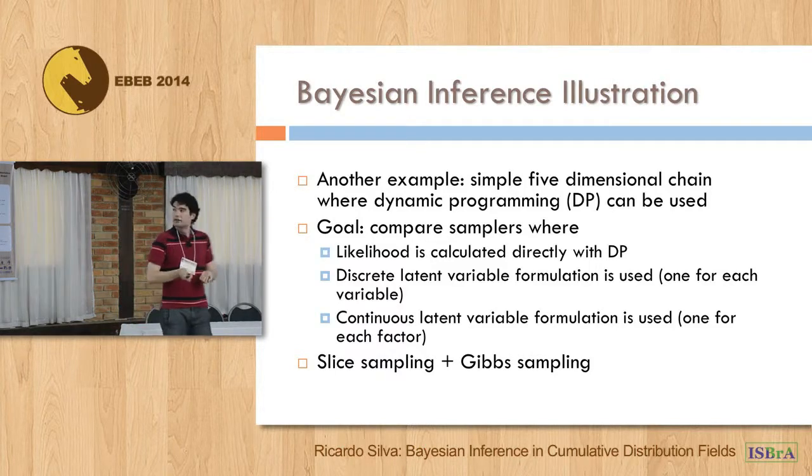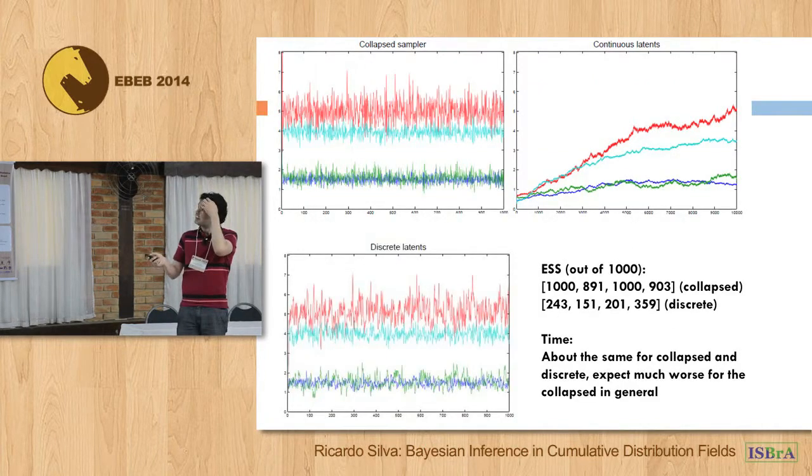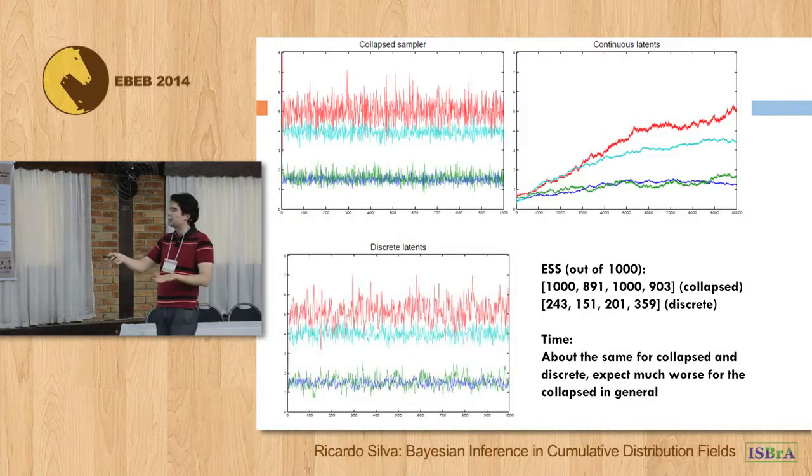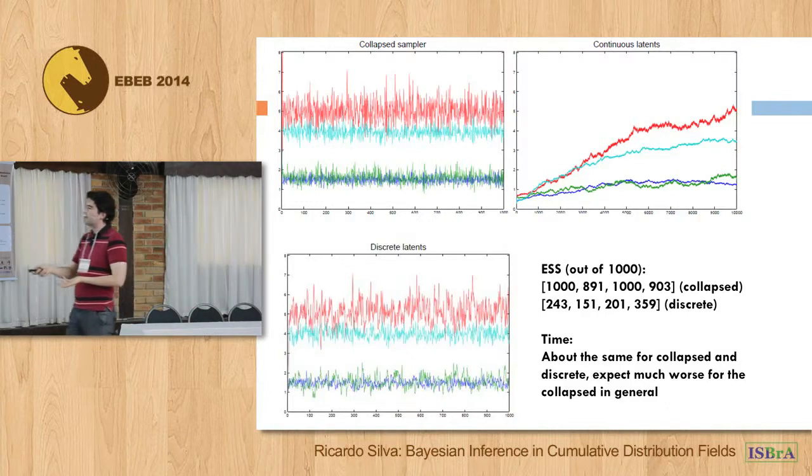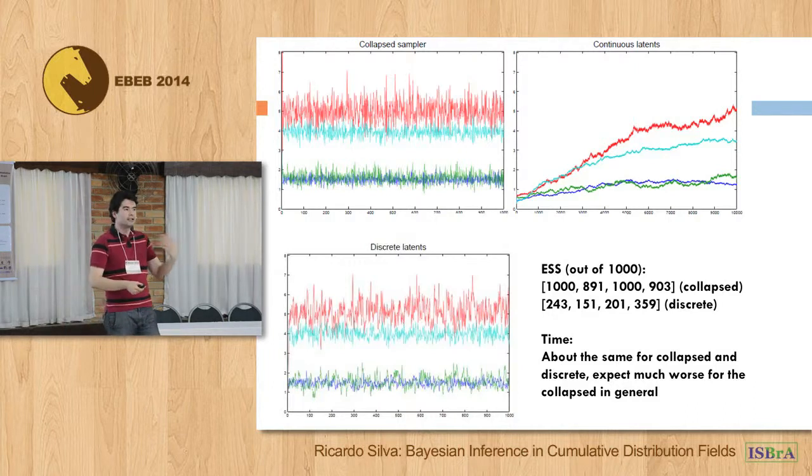These are some examples comparing a Gibbs sampler that marginalizes the likelihood function using dynamic programming, and a Gibbs sampler where the difference indicators are included as latent variables and sampled